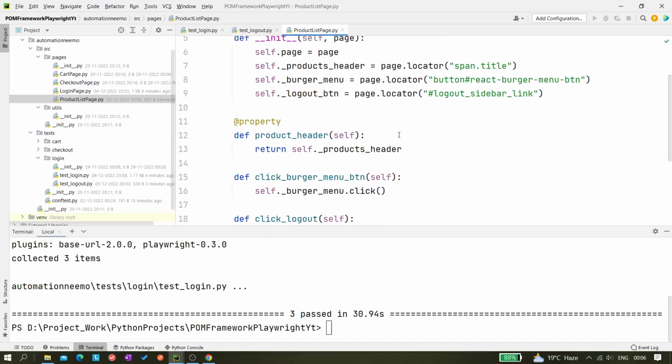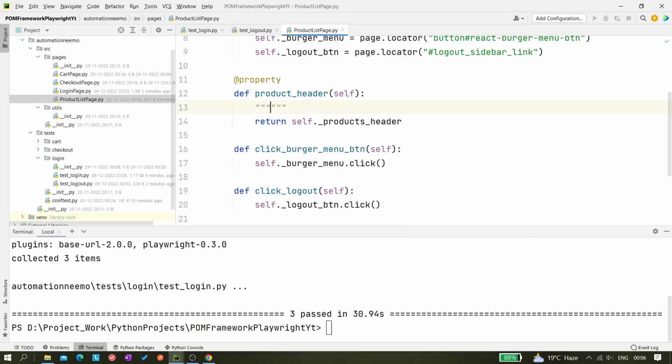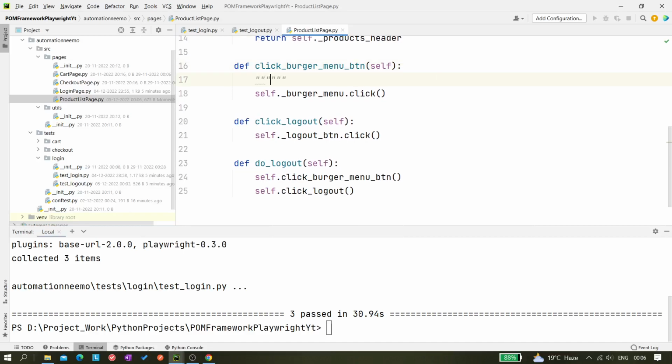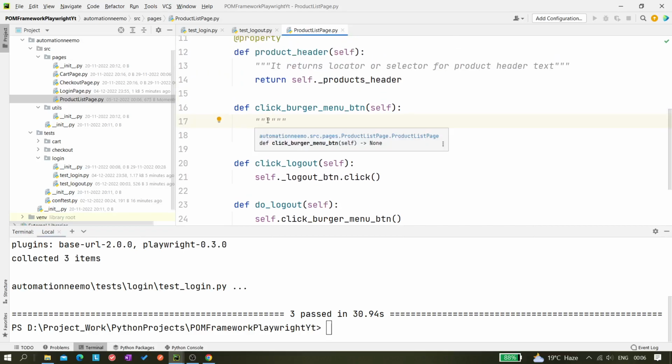Now one more thing, we can give some meaningful messages so that we know what each method is doing. Like this method, product header, returns the locator or selector for product header text. Next, this menu, although it is kind of self-explanatory, it's good to add more messages so that anyone can understand what this method is doing. So what we can write here is: click on the burger menu button,